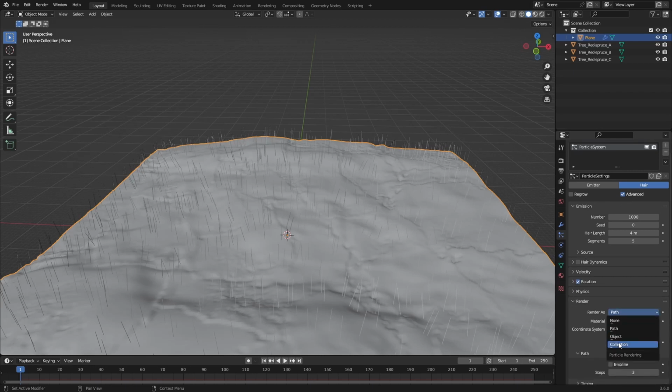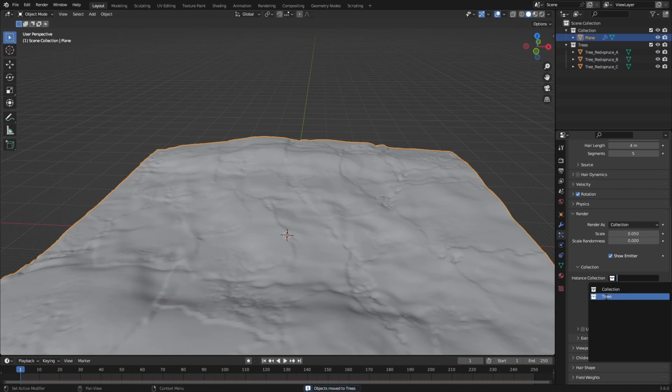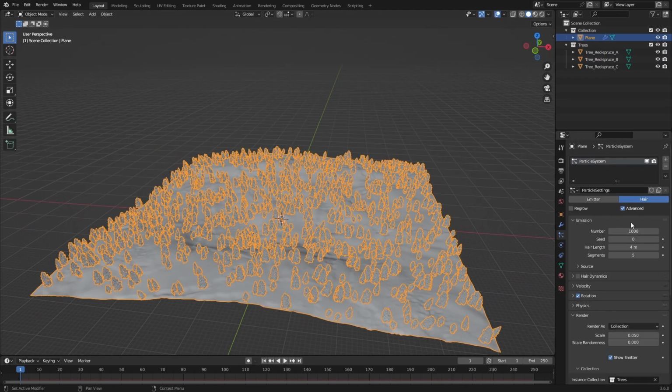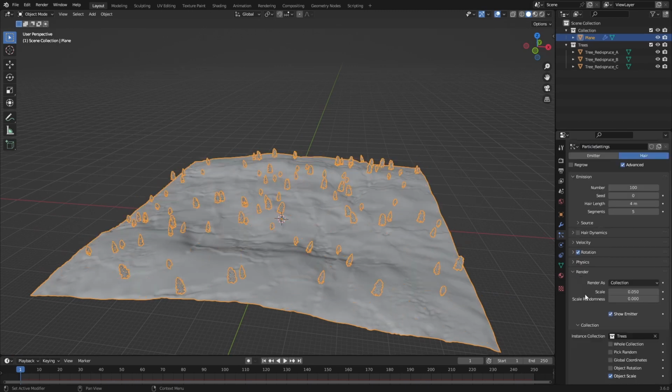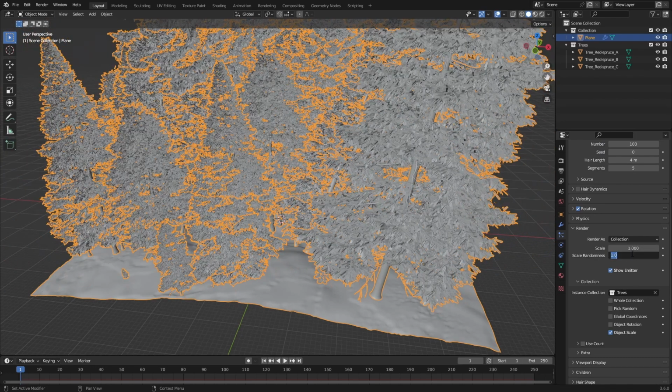set the render to collection. Move these 3 trees to a collection called trees, and in the plane again, just select that collection, and we have 1,000 trees on our little tiny plane. Set that to about 100 trees, and change the scaling to 1 and the randomness to, let's say, 0.6 or something,